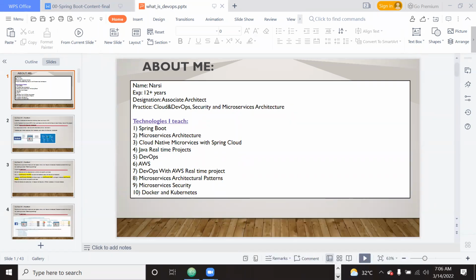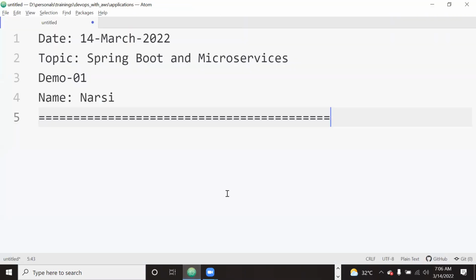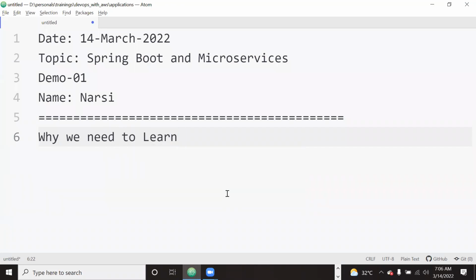Let me introduce the course content as well, what course content we're going to cover. But before that, why do we need to learn Spring Boot? There were lots of other Java frameworks available, right? So why do we need to learn Spring Boot? Reason one is